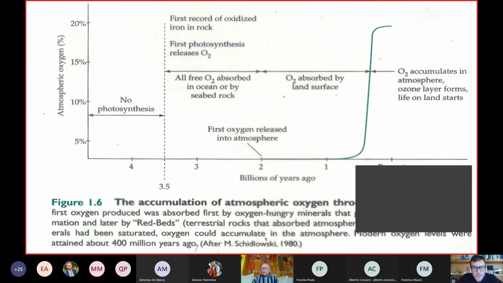And then 650 million years ago, all that has been oxidized, and very rapidly oxygen in the atmosphere reaches our present levels. And that is the time when life can leave the oceans and populate land. And that includes plants and animals that could not get on land before there was the ozone shield making it possible.